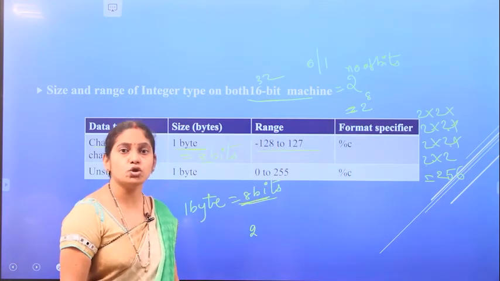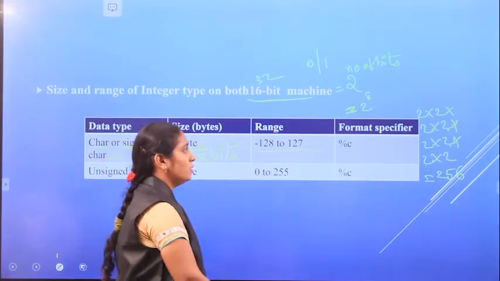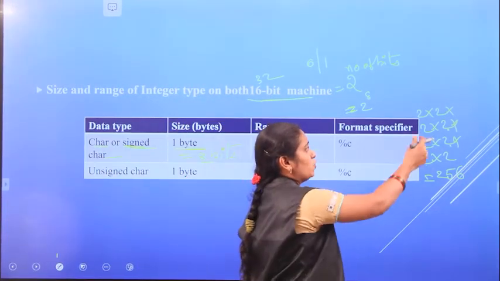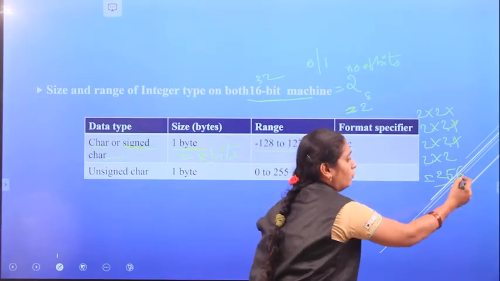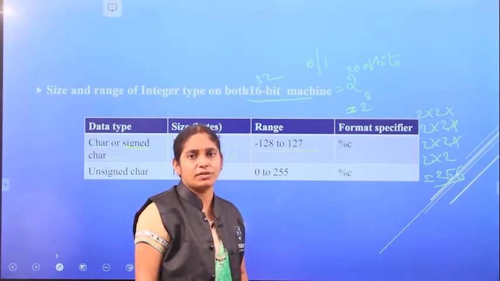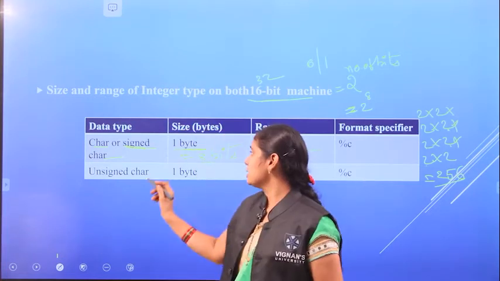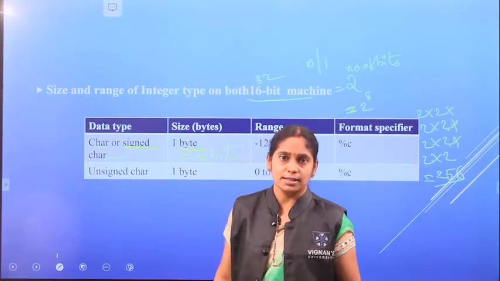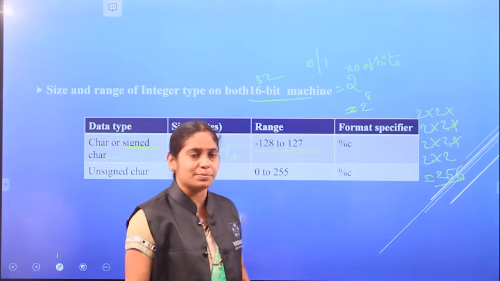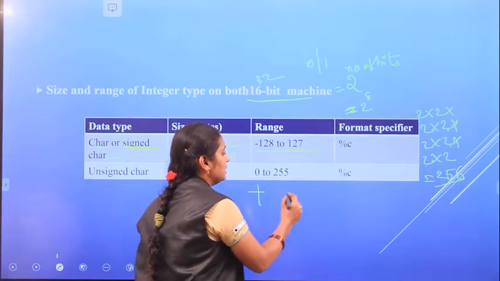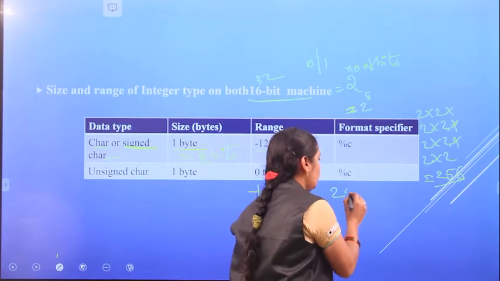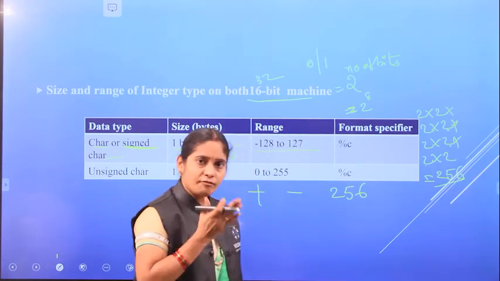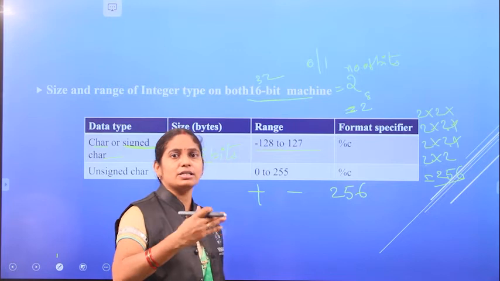The value is 256. Here 2 to the power of 8 means 2 into 2 into 2 into 2 into 2 into 2, which is equal to 256. Here it is a signed character. Sign is usually of two types, positive sign and negative sign. So in this 256 values,